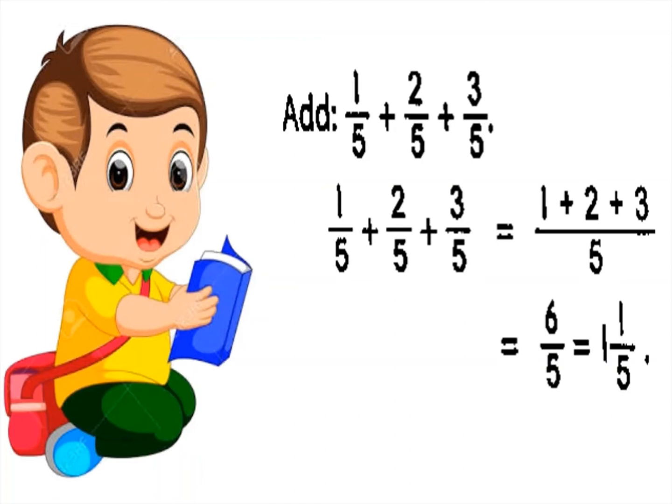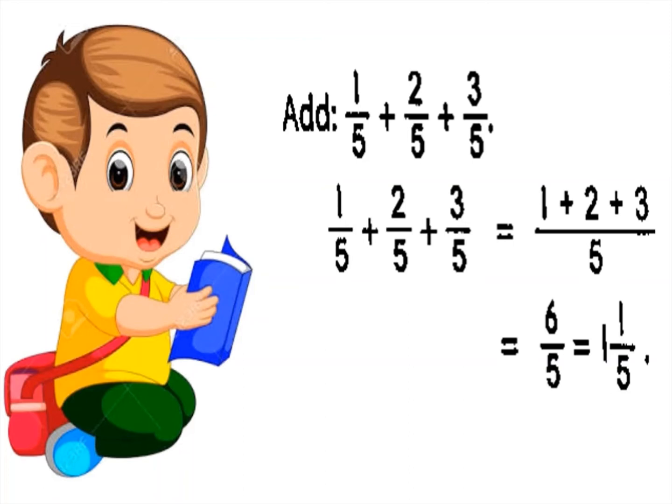So we will add the numerators, that is 1, 2 and 3, as they are. 1 plus 2 plus 3 is equal to 6 upon 5. The denominator will be copied. Now we get